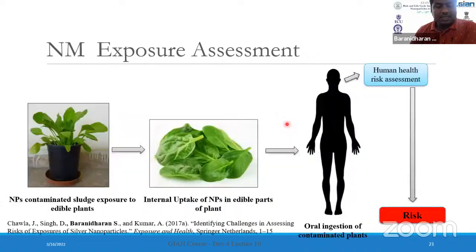So again, one such study looked into what happens when the sludge which had the nanoparticles gets onto the root system, and whether they really pose a severe threat to humans. In that case, one such attempt was made where the sludge was mixed with nanoparticles and then exposed to leafy plants. And then it was checked what would be the concentration of these nanoparticles in root, shoot, as well as their photosynthetic property using chlorophyll A and chlorophyll B analysis.